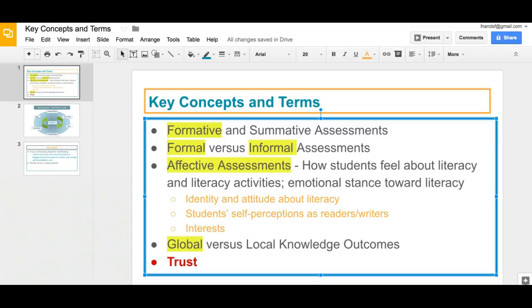You may already be familiar with some of these concepts, and indeed you should definitely be familiar with some, such as affective assessments, because that was your reading for today, and also global and local. Some of these other ones were brought up in the reading that you did just prior to Thanksgiving in this book, Accessible Assessment. All right, so you may already know the terms formative and summative assessments,